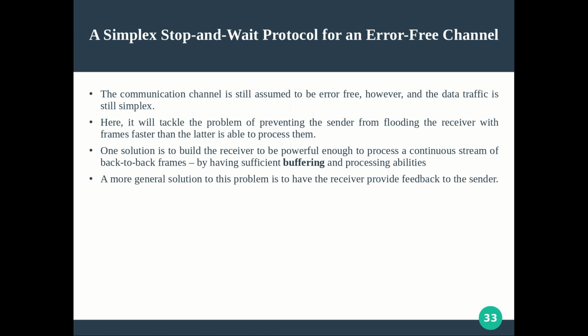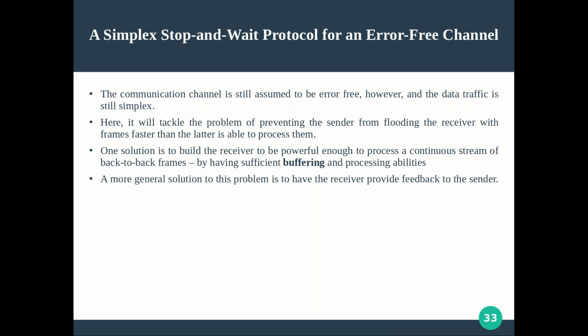Suppose the receiver is using a buffer, when it is almost full or has started overflowing, at least at that point the receiver can inform the sender, or at some early stage itself it can inform the sender, like, I'm not able to handle the data speed, please reduce it. So accordingly the sender can reduce. If there is no backward communication, the sender does not know the situation of the receiver, and it will keep on flooding it with data. So how will you provide this feedback? That is by a mechanism called acknowledgement.